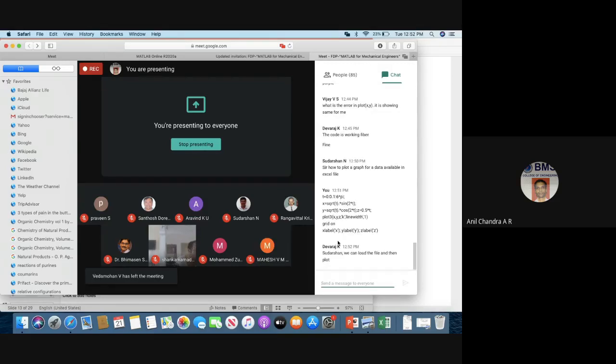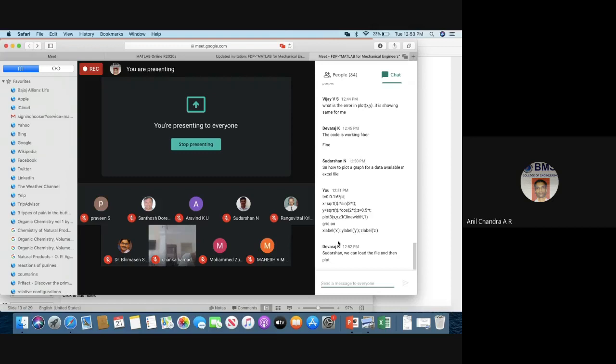You can store the data in text or CSV files. I hope the participants can access that file.